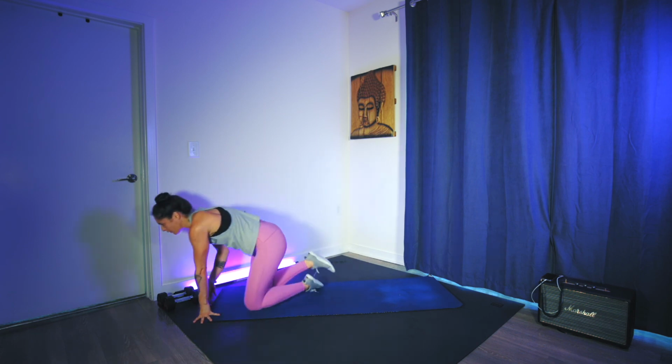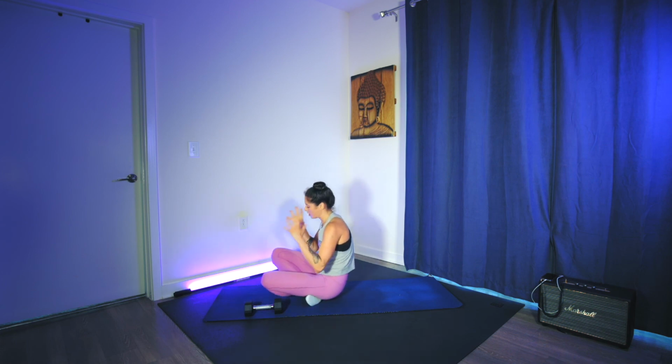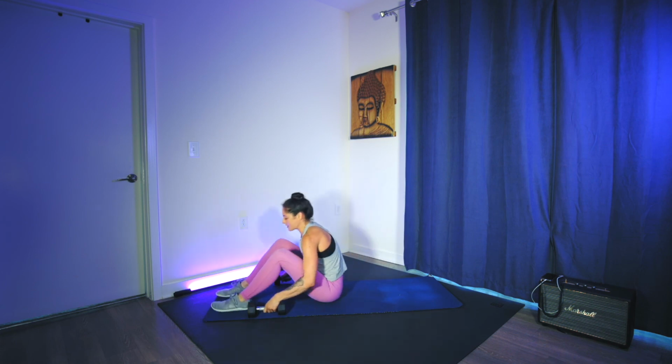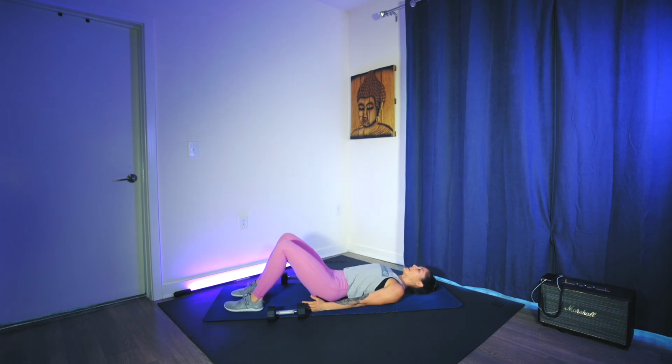Your next drill, you're going for a sit-up. With or without the weights. 1 weight or 2 weights. We're articulating through the spine. Feet planted. Right? You can take no weights